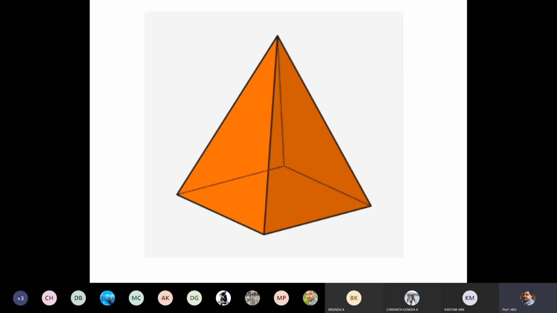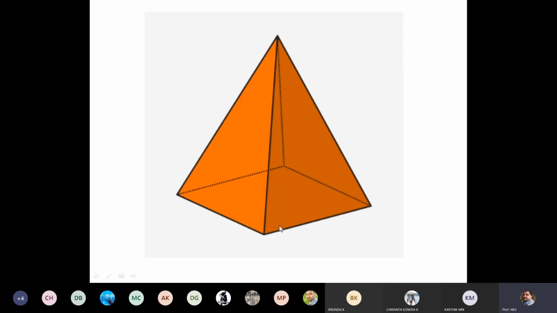Whereas in the case of a pyramid, at the base or at one end, you can see a plane lamina. It may be a square, a triangle, a pentagon, or a hexagon. On one end you can see a plane lamina, and on the other end you can see the apex. At the top end you don't find a surface, the only thing you can find is an apex. That is the pyramid.